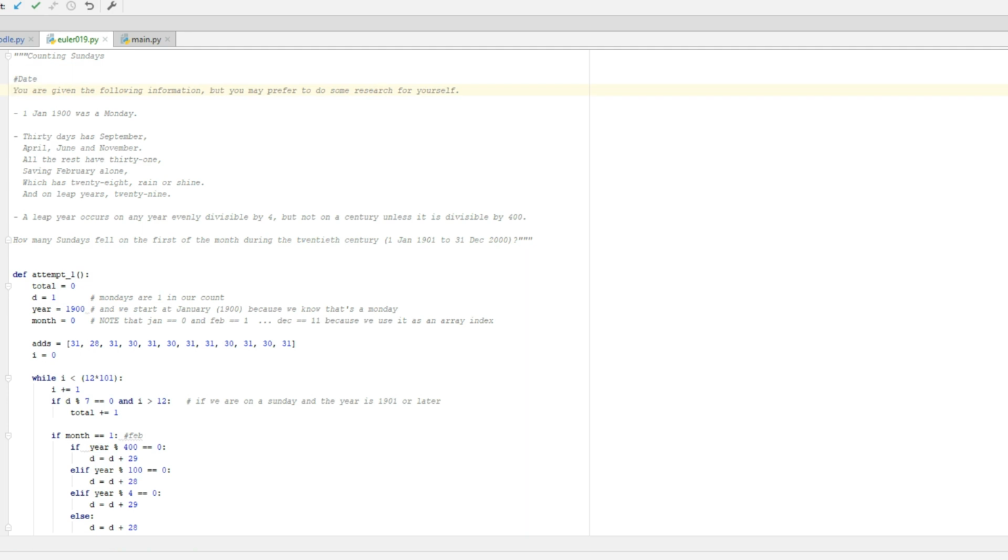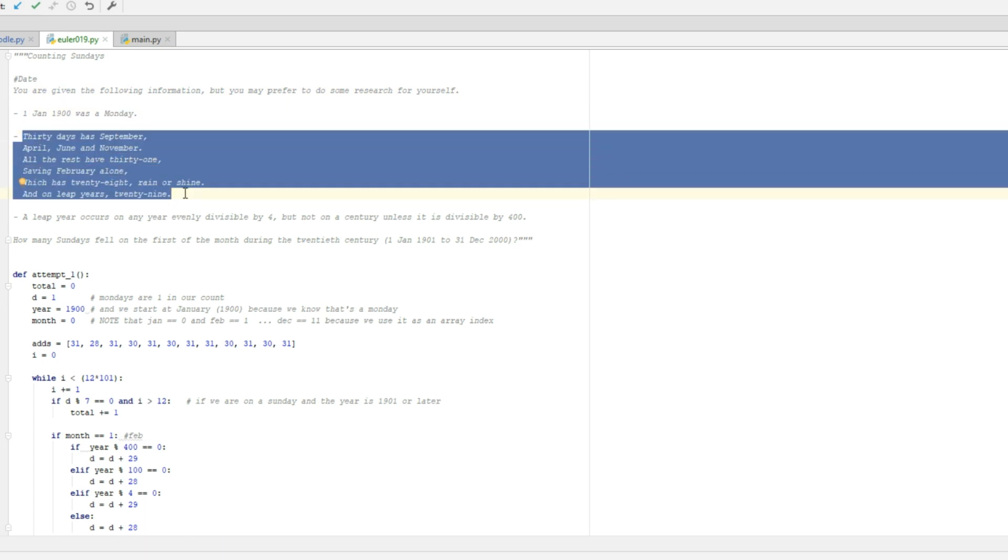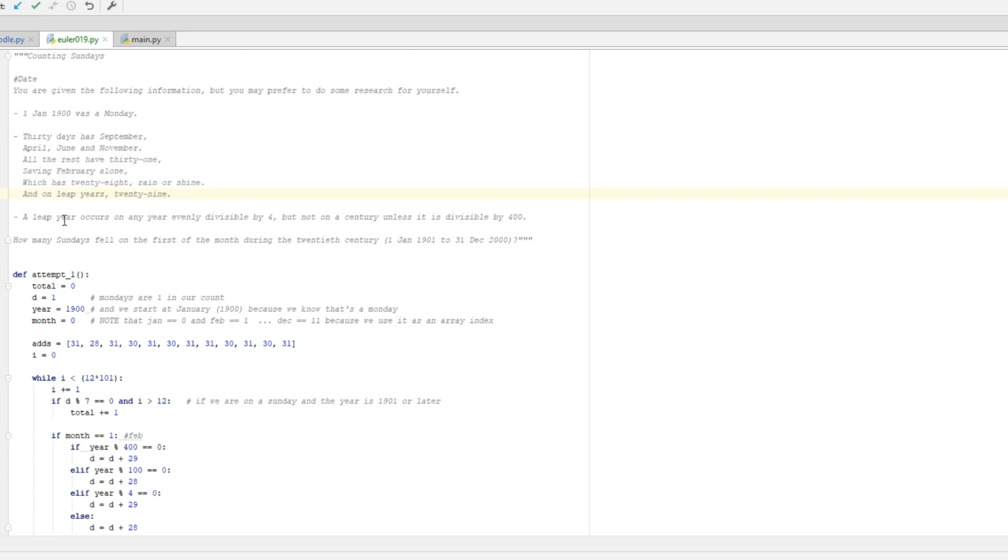You are given the following information, but you might prefer to research for yourself. The first day in the year 1900 was a Monday. Here's a little rhyme about how many days each month has, and the description about leap years. So leap years is where